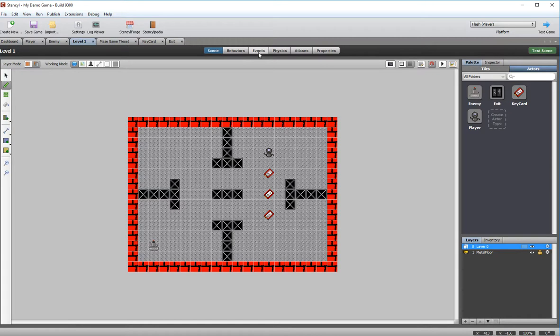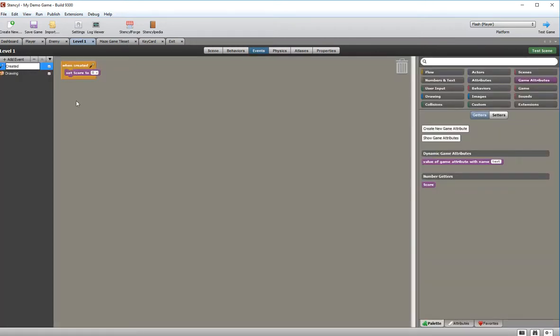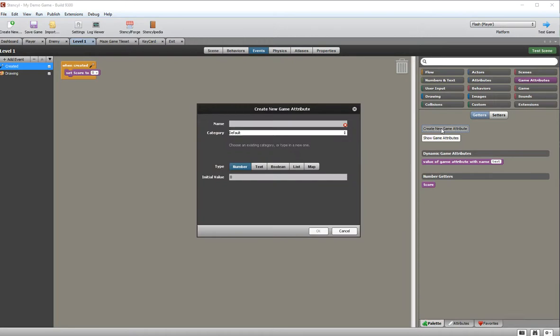So I need to go back to events, and I've already got a created event here which allows me to initialize score. So I'm going to do the same thing. I'm going to make a new one, and I'm going to do a variable called collected, a game attribute called collected. And actually no, I'm not. I'm going to do it called